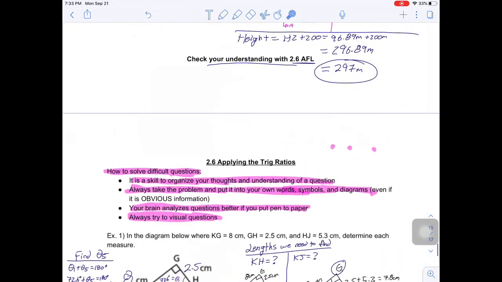So I definitely realized I accidentally put 2.6 here. This should say